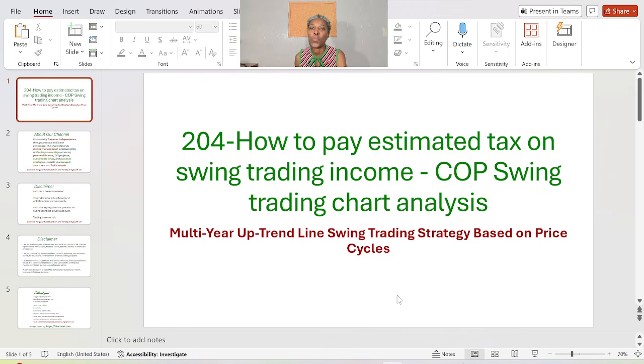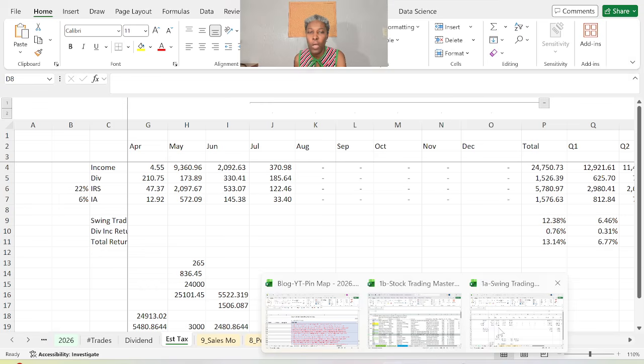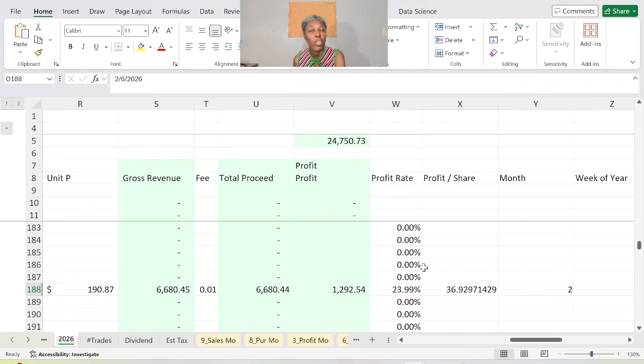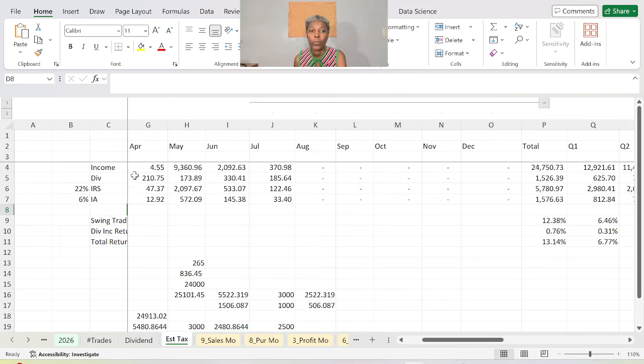Hello, how to pay estimated tax on swing trading profit. First, you want to track your swing trade and track your profit. Second, you want to know when those estimated tax are due. Third, you want to find your household income tax